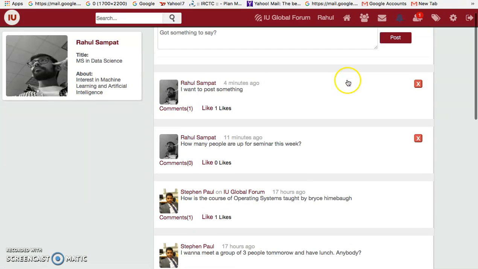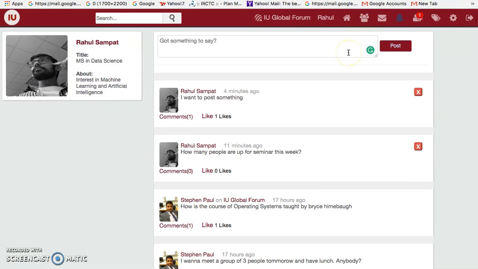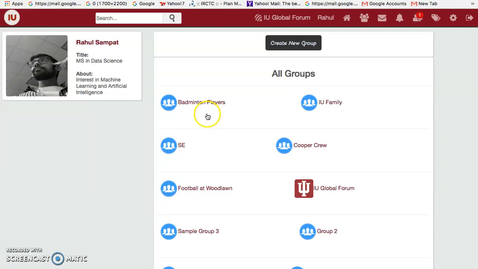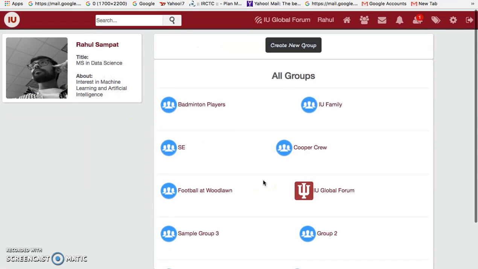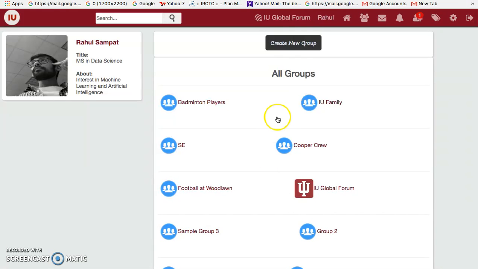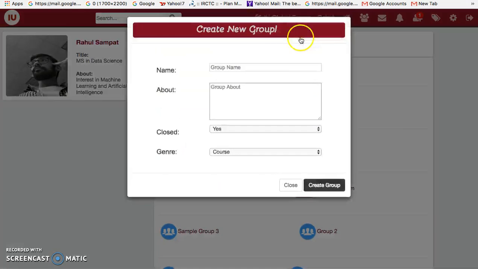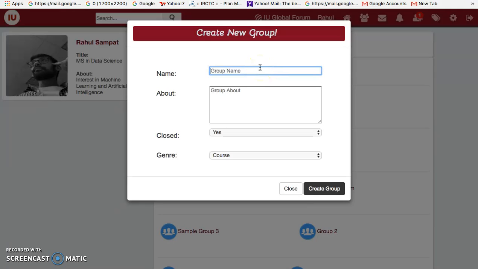The next feature of our website is the group feature. This icon here represents the groups that you are currently in. Rahul Sampal is currently part of all these groups. And if he wants to create a new group, I can click create new group, and I can say